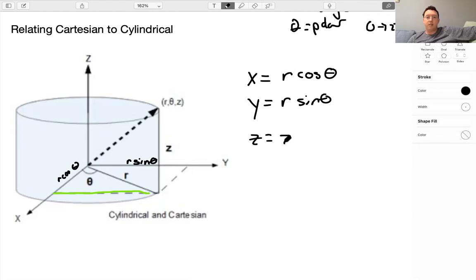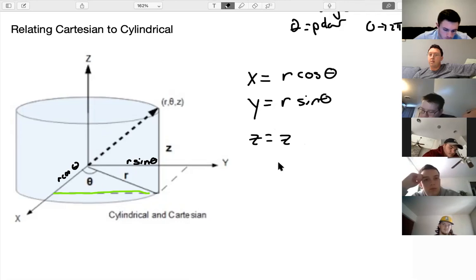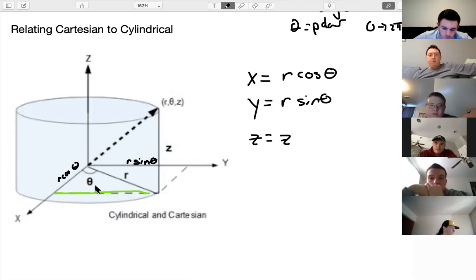So z equals z. Okay, is that okay? Does everybody remember doing that in Calc 3 or wherever? Hopefully you can kind of see what's happening here. You're just coming up with little triangles to help you break things down. As far as going back and forth now, then,